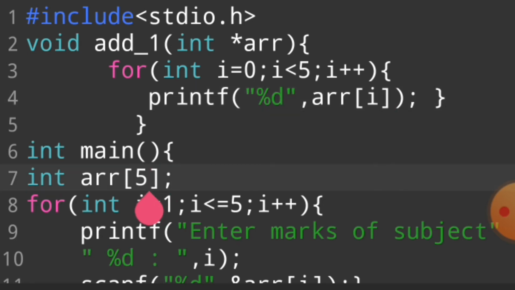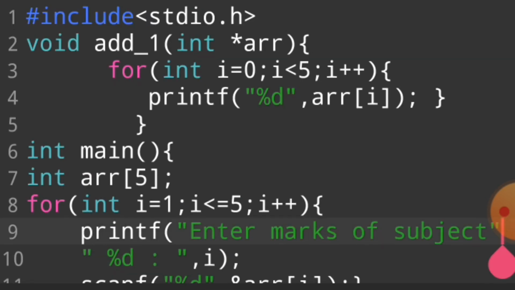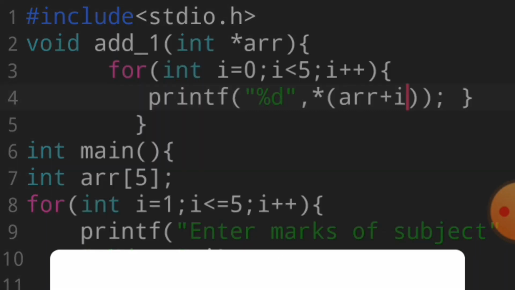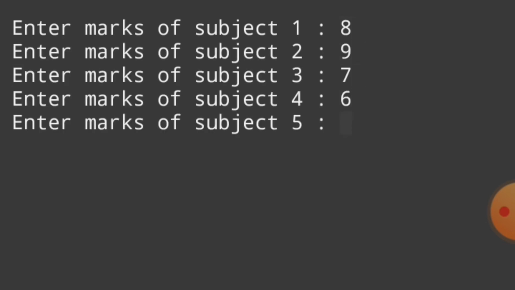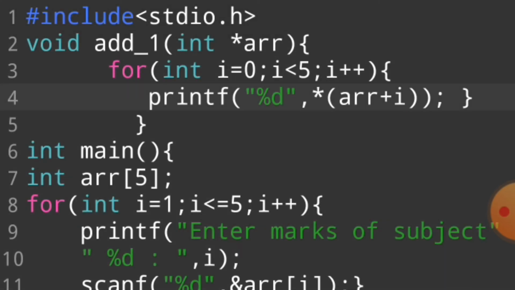First of all I declare the array, take the input from the user and pass the array in the function. If I run this program in this manner, this program is also giving me an error. I can't understand why.